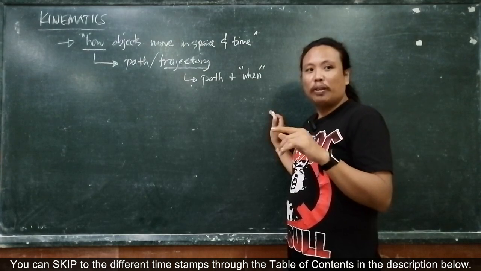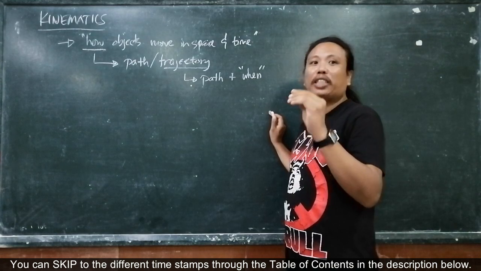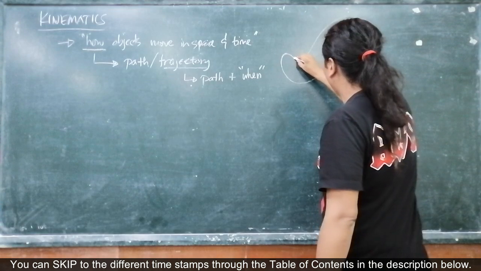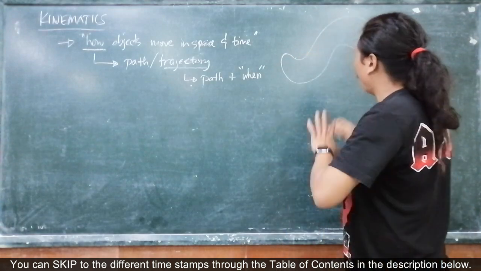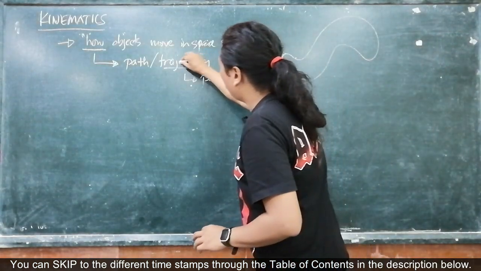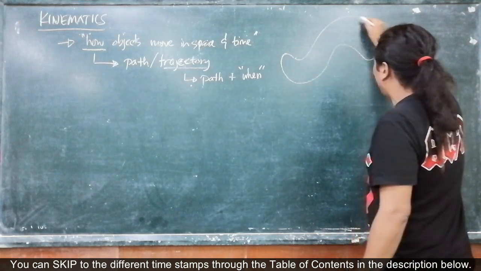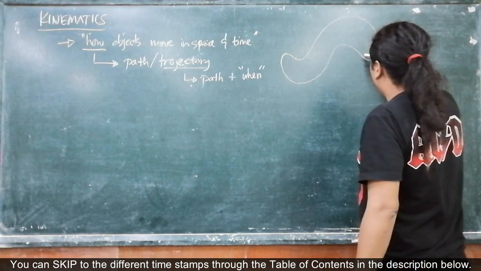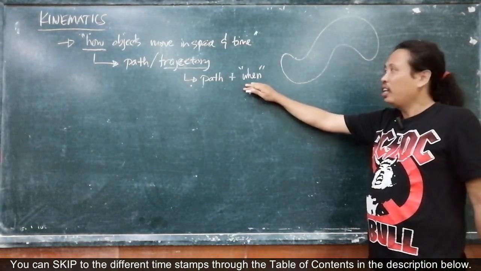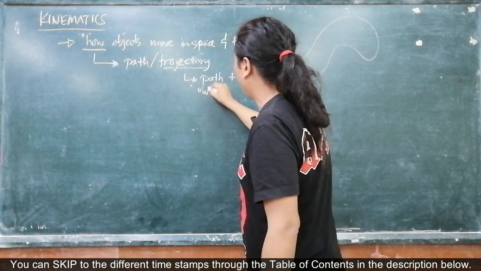So trajectory is not only the curve, but when we speak of trajectory, that means that we know when the object will pass through that point. For example, this could be the path. But when we speak of trajectory in general, if this is only the path, then you know the particle will pass through here. So you know the road. The problem is that if you do not know the when, the path is actually the where.